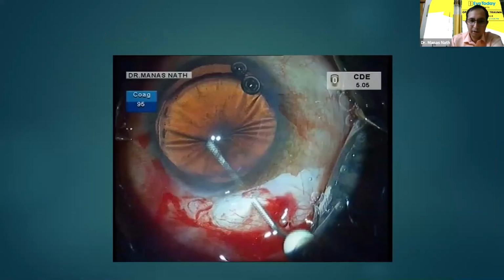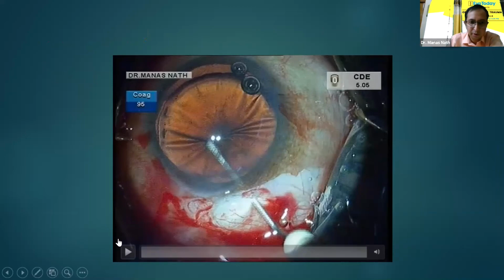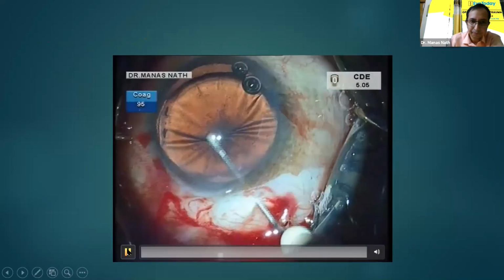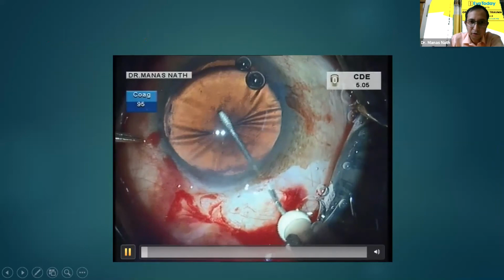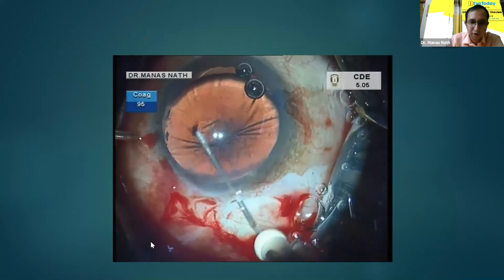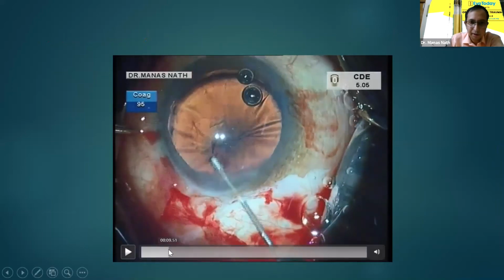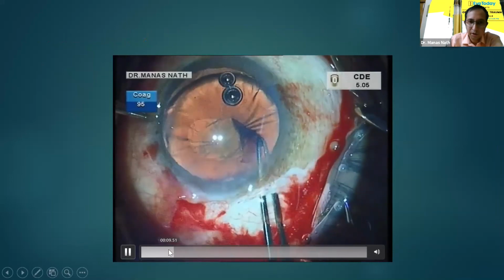Next, the case of a subluxation of around 6 clock hours. Here you can see that the cataract is very dense with wrinkling of the lens capsule, suggesting gross zonular weakness. I am doing a manual small incision cataract surgery here. The exercise started with your rhexis forceps, your cystitome, and then I'll be continuing with your rhexis forceps.